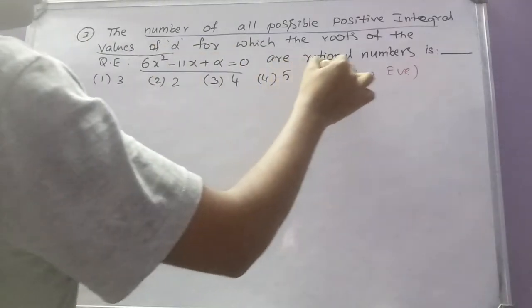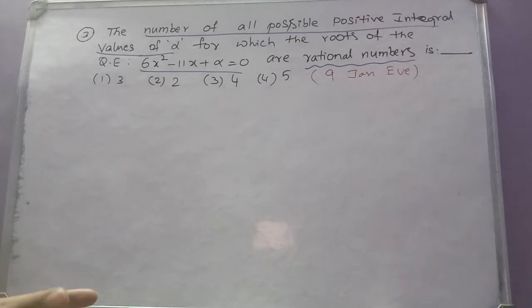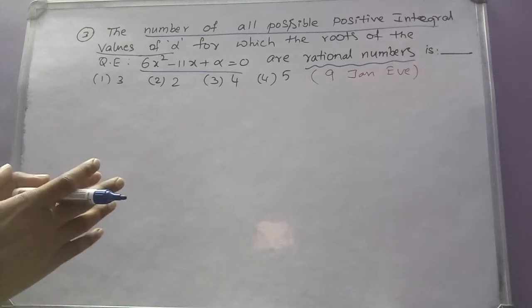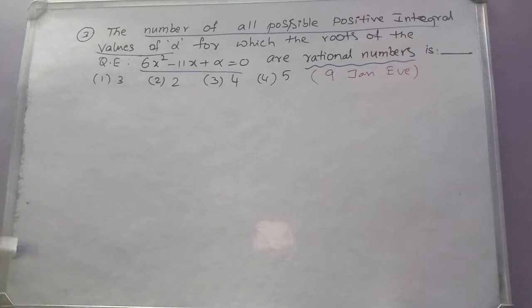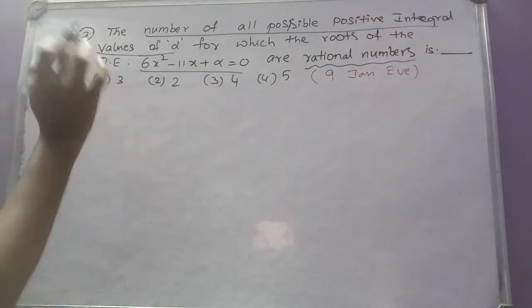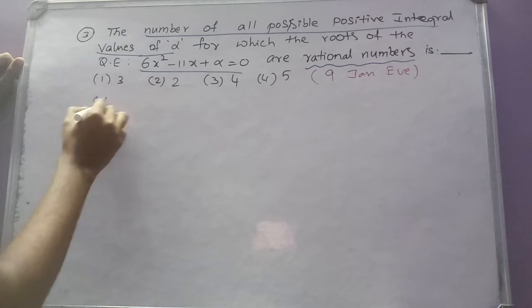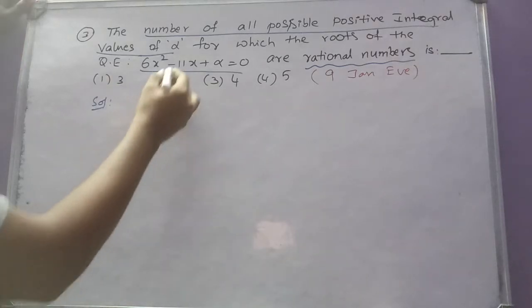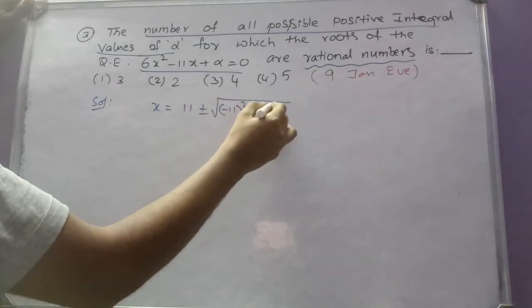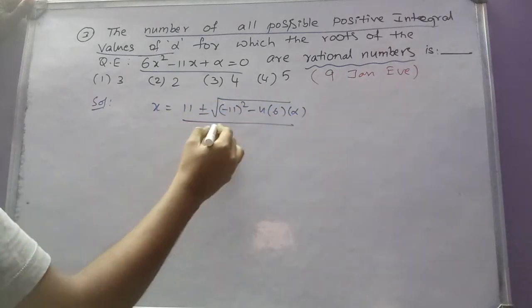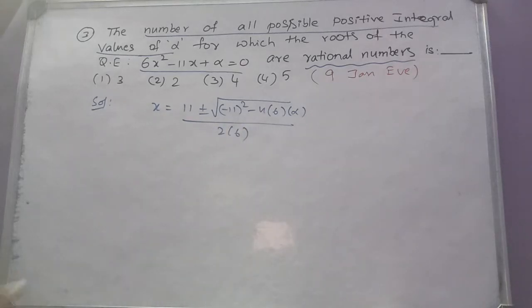are rational numbers? So this concept comes under the topic of nature of the roots. We have this topic of nature of the roots in the playlist of quadratic equations. If you want, you can go and watch after this video. Let us see how to solve it. To understand how the roots can be rational numbers, first of all, let me find the roots using the quadratic formula. The quadratic formula says x is equal to minus b plus or minus root over b square minus 4ac, whole divided by 2a.